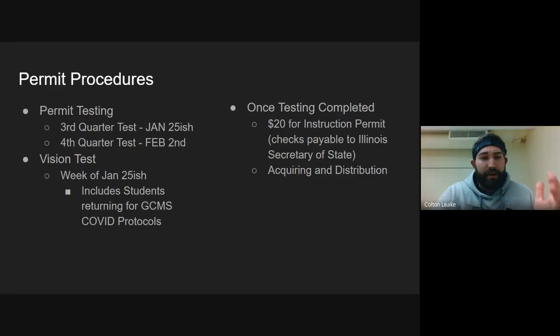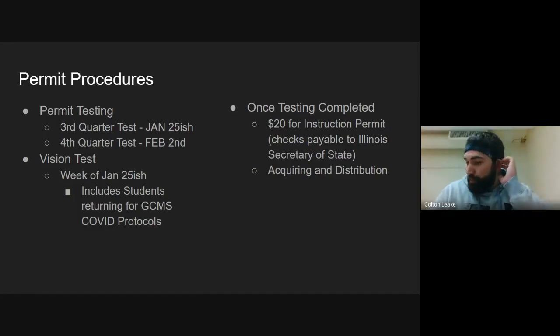And that's going to include students hopefully returning on time via our COVID protocols and everything like that. If for some reason your student comes down with COVID while we're not in session and is not able to come back in until, I don't know, the first week of February, and I no longer have that vision equipment because that equipment does have to go to some other schools at some point in time, I will have to send you up there in order to do the test with them, which they'll probably waive because nobody wants to stick their head in there with some things. But that's the vision test.